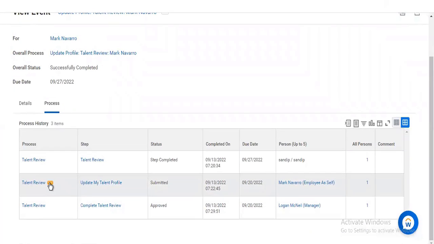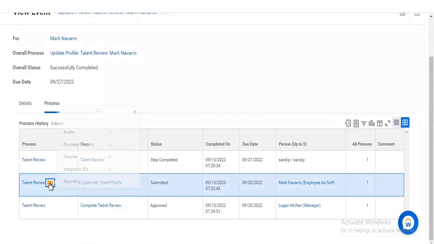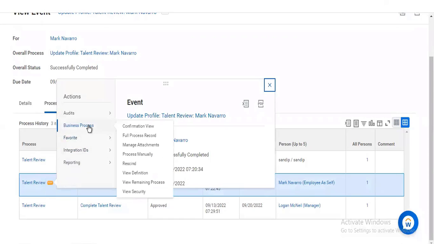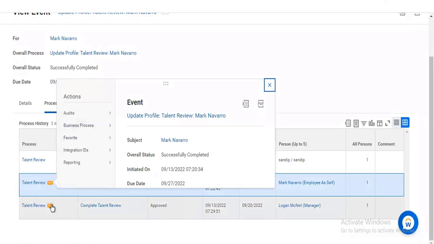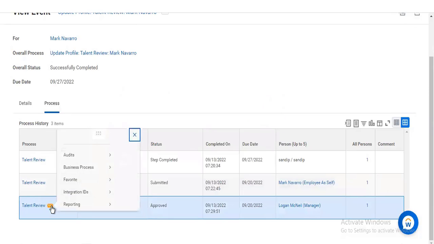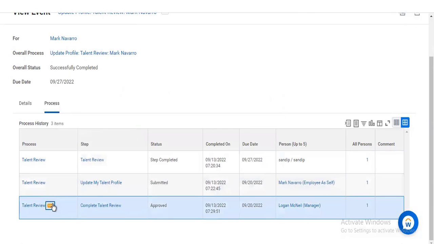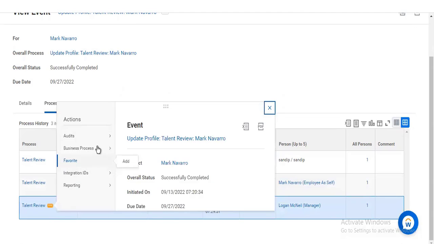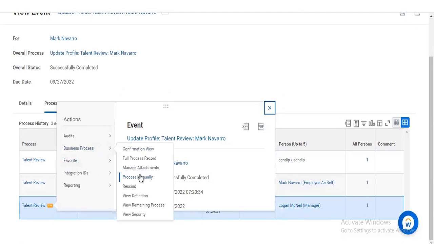We do not have any rule here, but normally I will show you how to test the rule. When you go to the business process, there is no rule. So there is no step condition maintained here. That is the reason why you cannot see any rule, or else here you will get one more additional option as a test rule. In your tenant you can check the step condition that you have created,